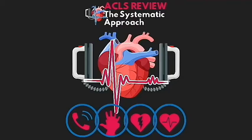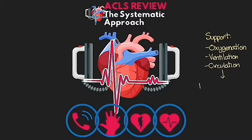All right, as I mentioned, the whole goal with our training of ACLS is to be better practitioners of peer-reviewed guidelines and best practices with the hopes of decreasing mortality in our patients. The American Heart Association, the AHA, has worked to provide a systematic approach to how we should handle patients in these life-threatening situations. Our primary goal when our patients are in these situations is to support their oxygenation, ventilation, and circulation, all with the end goal of preserving neurological functioning for our patient when it's all said and